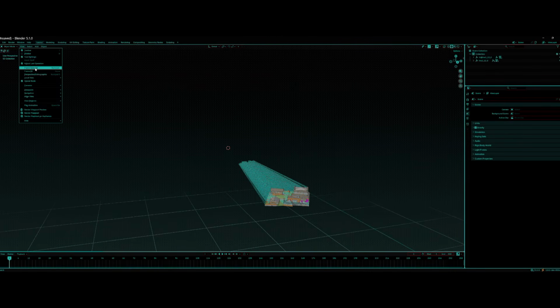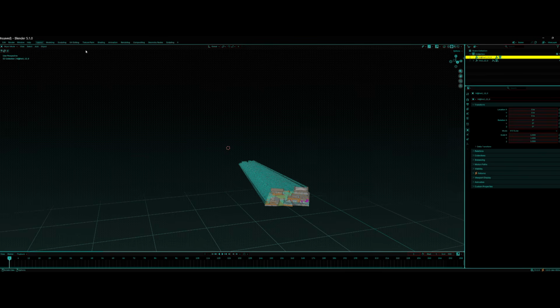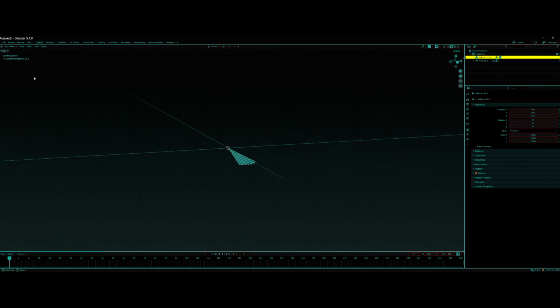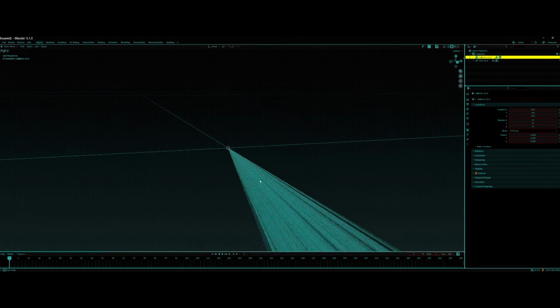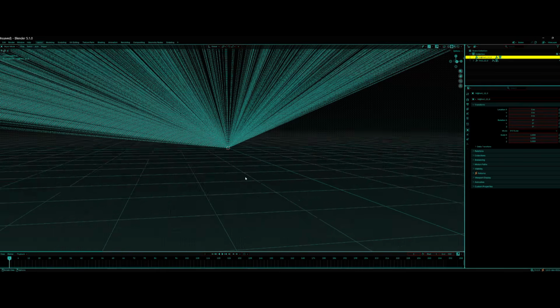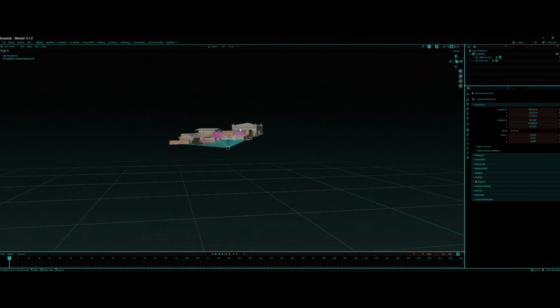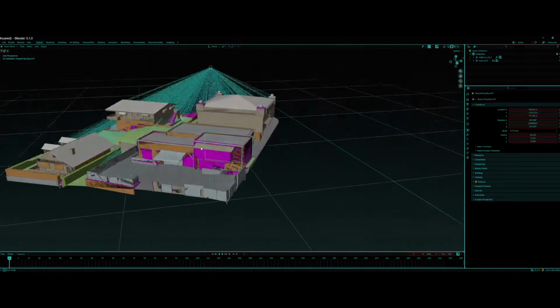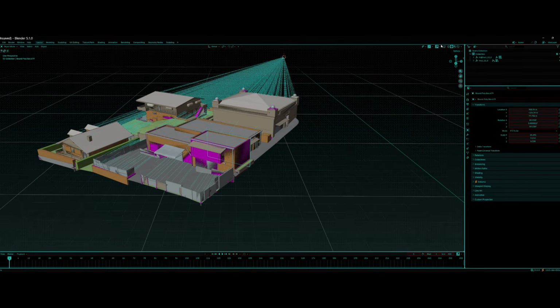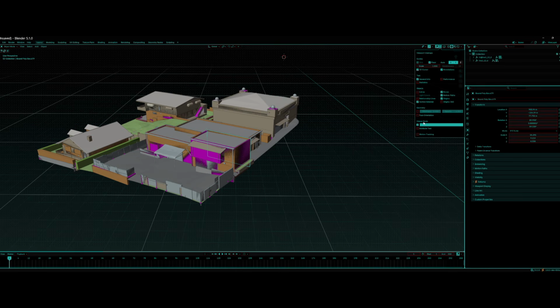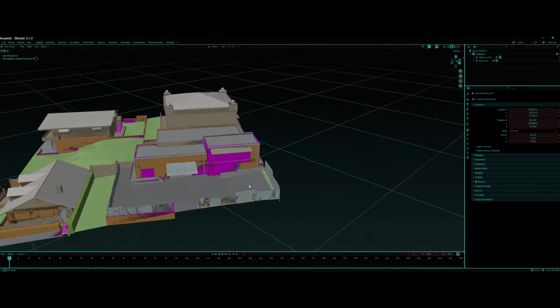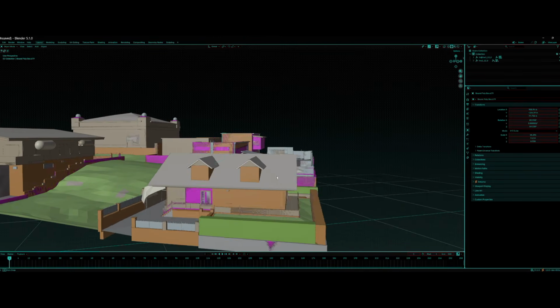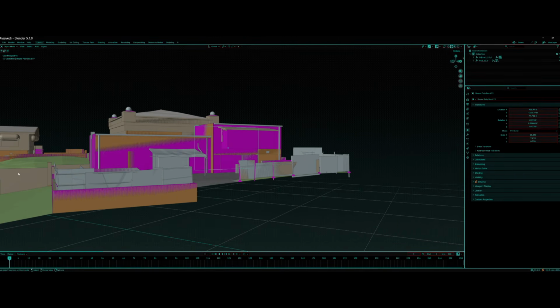So I'm gonna go to frame selected. There is no frame selected, so let me select one, and frame selected. Oh my god, yeah, because what the hell. Okay, so we're gonna get rid of these relationship lines. This is going to be quick. So it's this house right here. The only thing that